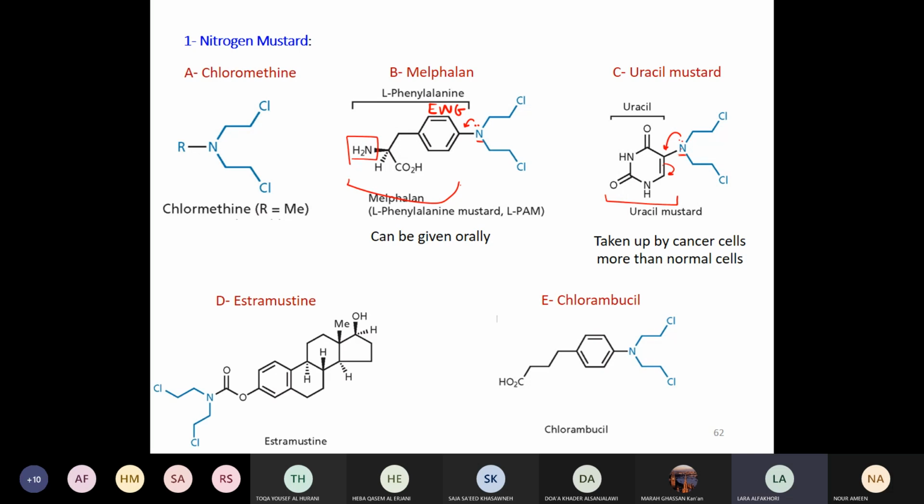اوكي؟ واللي هلا الستاديز شو، مع انه احنا عم نناقشه هون بالنيتروجين ماسترز بالالكيليتنج ايجنتس، لكن what is known now about this drug that it does not act via alkylating the DNA. Okay? طيب what do you think the basis behind such design؟ يعني هاي الجروب اللي مرتبطة هون of this, let's say, drug, of this part looks like what?